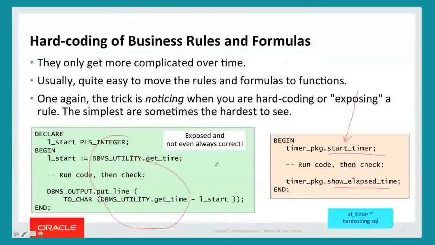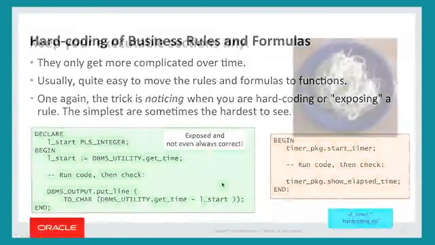But when there are simple rules, you say to yourself, not only is that easy to write, but it's never going to change. So try to build up some sensitivity as you're writing your code to exposing these rules and formulas, and stop what you're doing, take a moment or two to build that API. They can often be very simple, very focused packages. And then you go to that one place where the rule is defined and change it there, and nobody has to go and update all their different scripts. I think you're probably getting the idea.